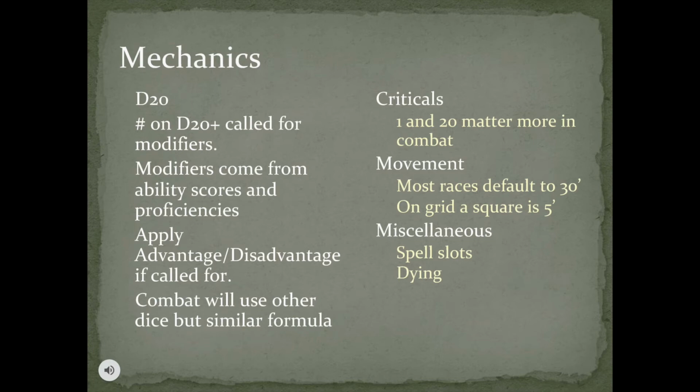Mechanics. Here we will be discussing the basics of how you play, what dice you roll, when, and others. So, the primary tool of Dungeons & Dragons is the D20, or 20-sided die, which I showed you in the last slide. Most actions in the game require a D20 roll, in which case you'll roll the D20 and add your called for modifiers. The DM will tell you what type of roll you're making, an ability check, a saving throw, whatever it may be. They all follow this formula.